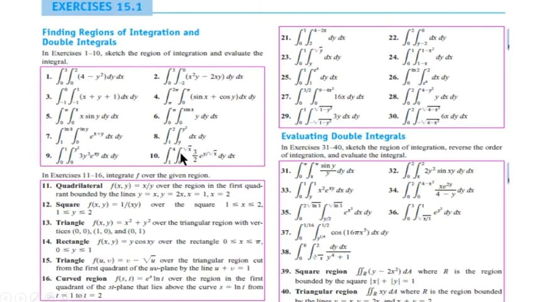You have exercise 1 is a rectangular area because you have constant values for x and y. 2 also. 3 is a rectangular area. 4 also is a rectangular area because you have constant lower bound and upper bound for x and y. But when you go down here for number 5, so 5 to 10, all of them are non-rectangular area because you have some function, and